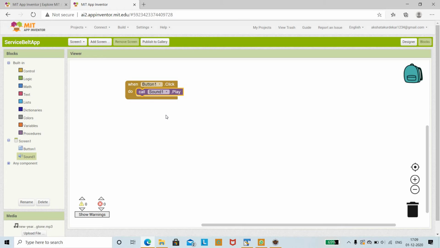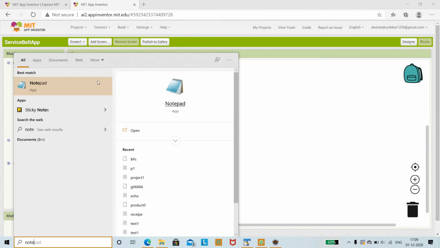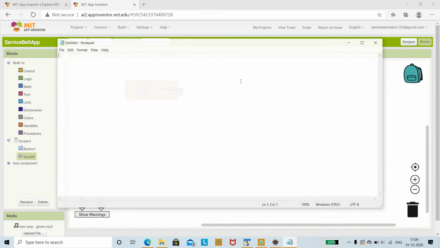Based on the pseudocode you are going to perform the action, that is, when a button is pressed, instead of ringing the bell once, you need to invoke it to ring 5 times. In order to do that we shall consider a simple pseudocode. Before that we shall write the pseudocode so that it will be easy for us to design the blocks. Just go to the notepad and I shall show you the pseudocode, and based on it you are going to directly design the blocks.